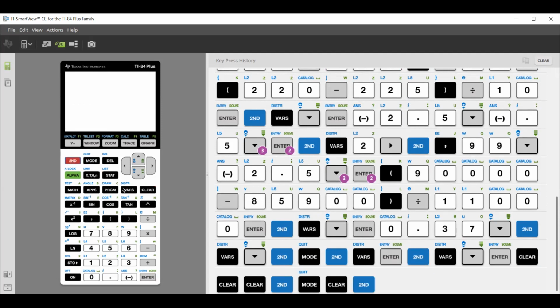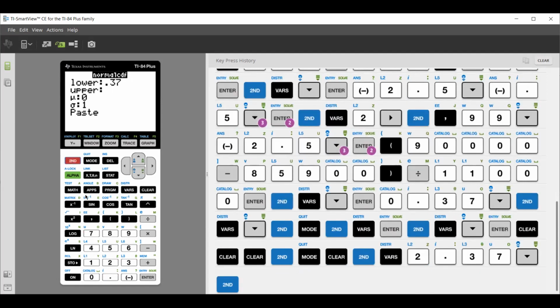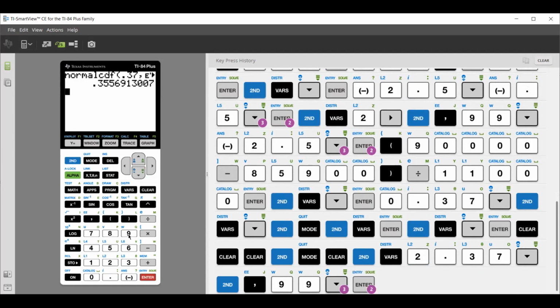Second distribution. There we go. Normal CDF number 2. And our lower is 0.37. And our upper is E99. E99, 0 and 1. And I have 0.35